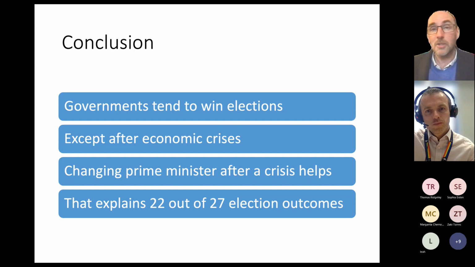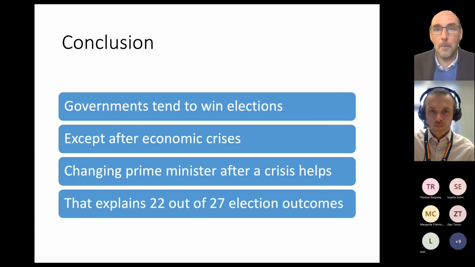Going back to that early 1923 election, where I said it was a bit of a mistake, you could, being more charitable to Baldwin, say that he was very principled. He wanted to change the government's major policy on trade away from free trade towards protectionism, and said that because we didn't warn the public in 1922 about this, we should have a new election if we're going to change policy in this way. And then he suffered the consequences because it was not a popular move to change policy in that way.